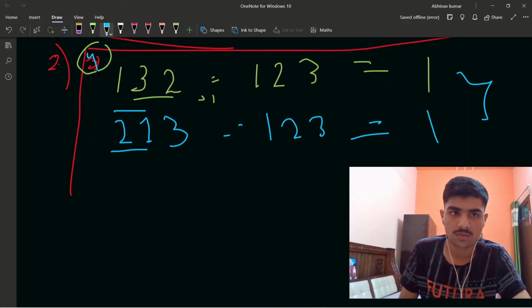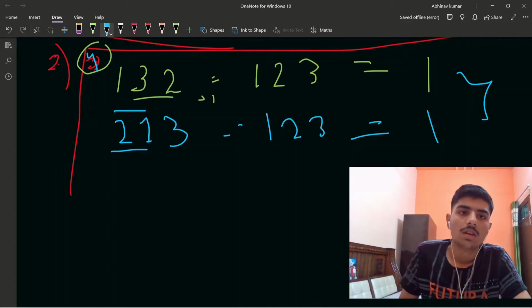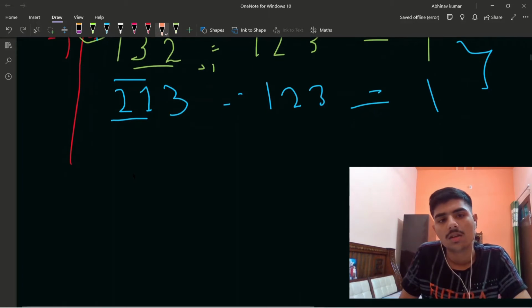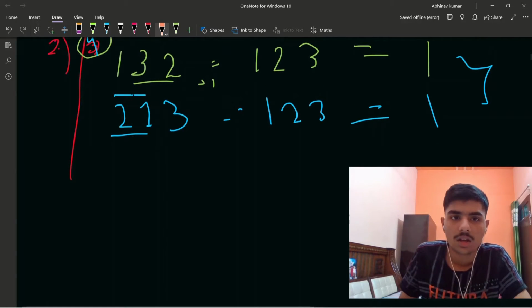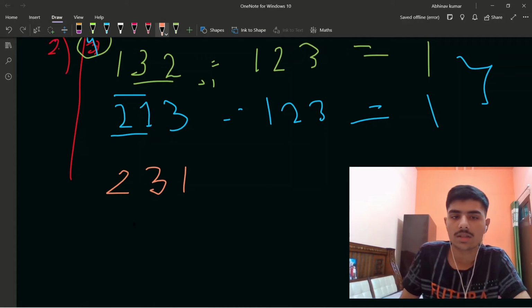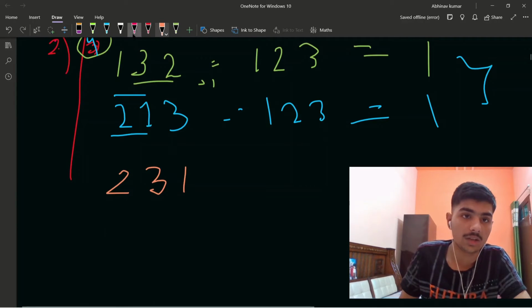Okay, so there are going to be 4 conditions in this, right? And our next condition comes when none of them is in its place, neither the first element nor the last element, like 2, 3 and 1. In this case the answer is going to be 2. Let me tell you how.